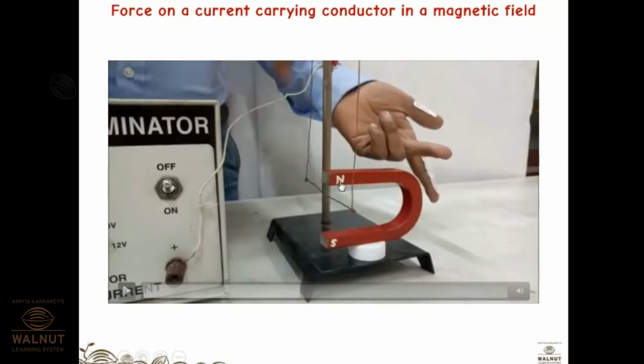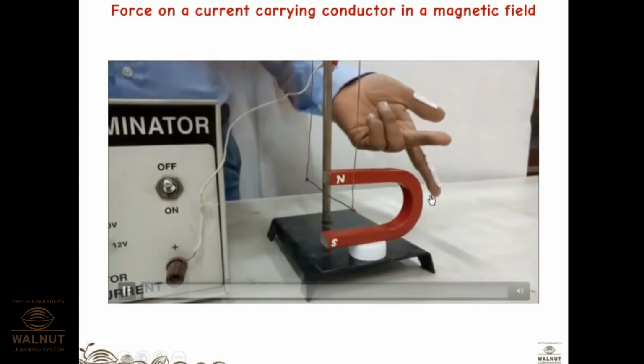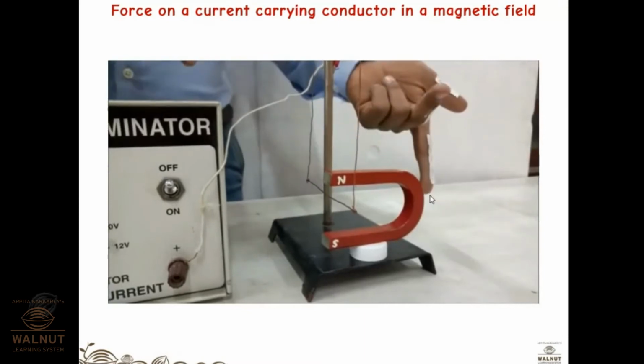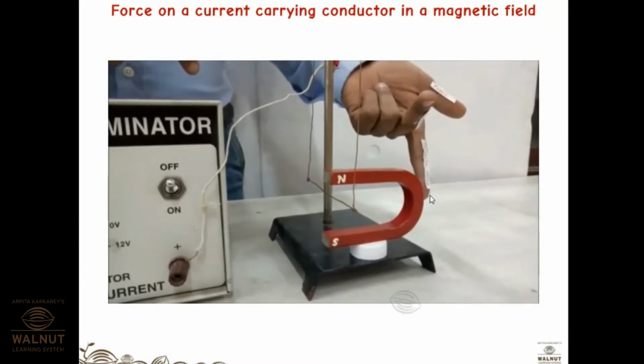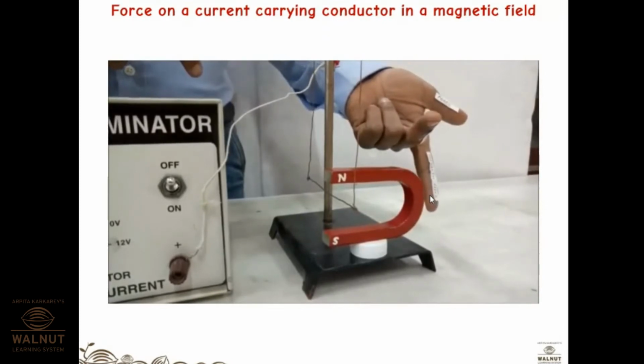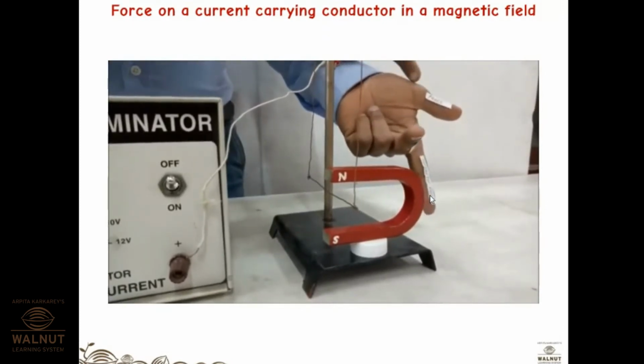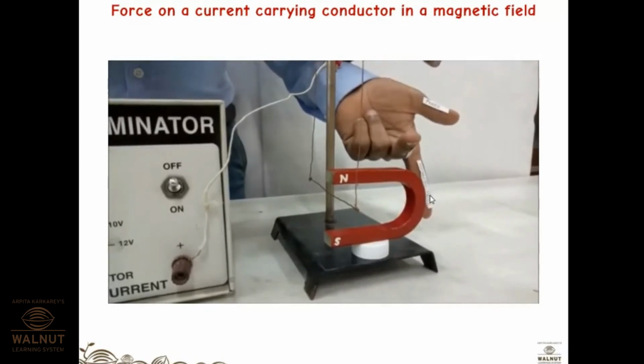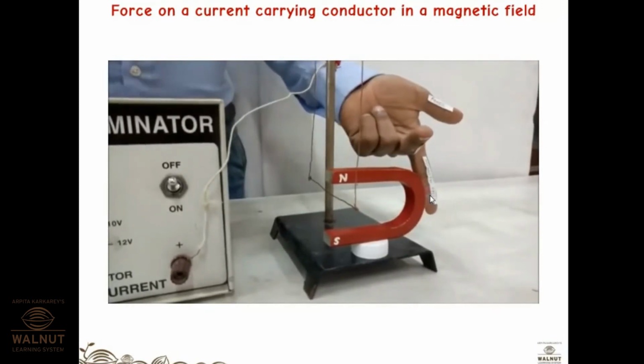This is the north pole of a horseshoe magnet. This is the south pole. We have seen that the field lines travel from north to south when outside. So the field lines are in the downward direction. Therefore, you can see the forefinger going downward. Your forefinger represents what? B. B means magnetic field. The indicator finger of the magnetic field is pointing from top to bottom. As per this, the force should push the wire towards the right. So in this setup, when we turn it on, according to Fleming's left hand rule, the wire should get deflected towards the right. Let's turn it on and see.